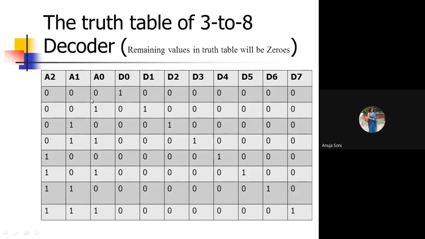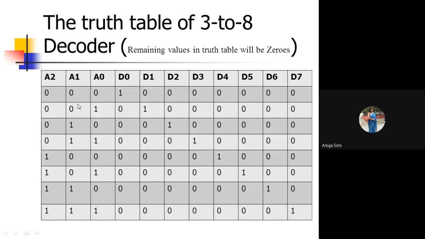Fine. And you have to mark that at any moment one output of the decoder will be activated. Whenever all input values are 0, then D0 will be 1. Straightforward: keep 1 under this value and keep all other values 0. Then come to the second combination. For the second combination, the second output will be activated. This will be functional, whereas the remaining output values will be non-functional, so keep all other values as zeros and only make this one 1. Similarly, come to the next combination 0 1 0. This way you have to keep on making the truth table.